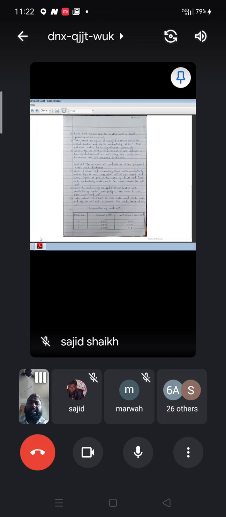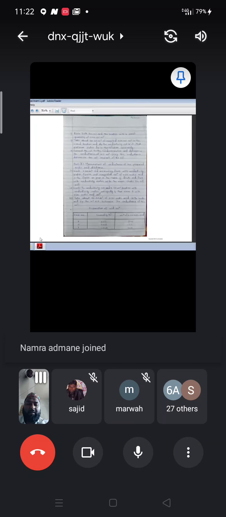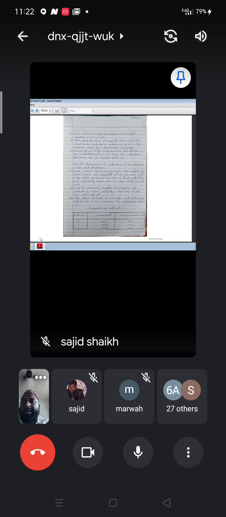Then you have to shake that solution well. Then wash the conductivity cell and 100 cm cube beaker with the different acetic acid solutions. First of all, we will rinse the beaker and the conductivity cell with the 0.1 normal acetic acid, and then we will use the solutions one by one. In the table you can see, for the 0.1 normal acetic acid, how many ml you have to pipette out is given, so that it will give you the corresponding concentrated solution.